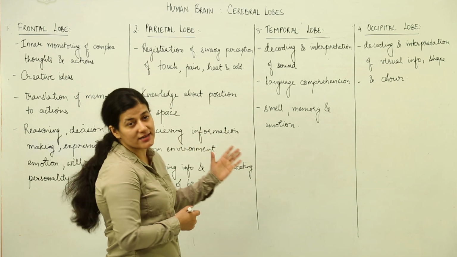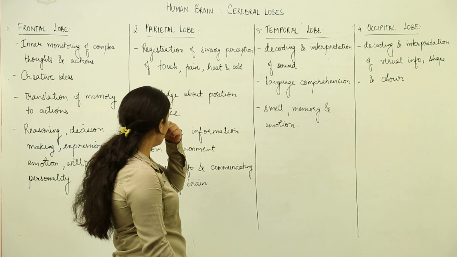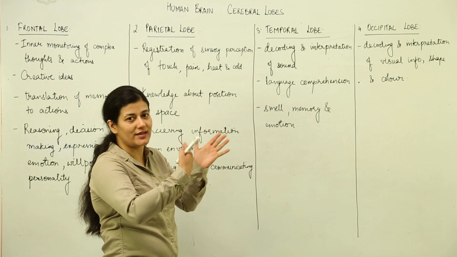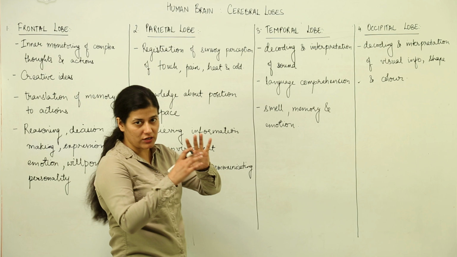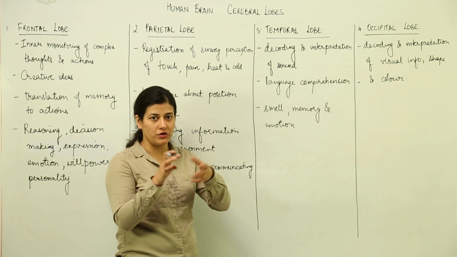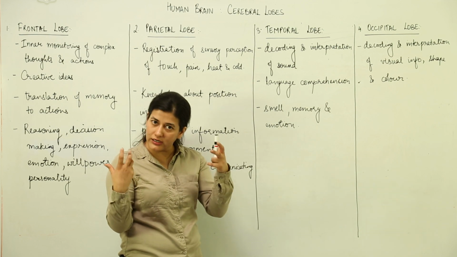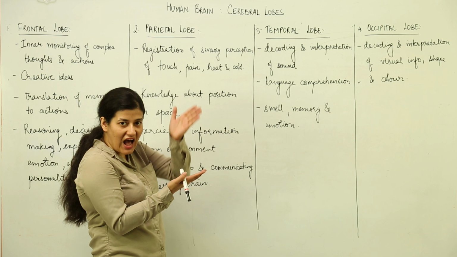Now, these lobes, they are separated by certain grooves which are present in the cerebral hemisphere, and you have to remember that each side, right cerebrum as well as the left cerebrum side, each side is having these lobes. So, if we in totality see the cerebrum, you are going to find 2 frontal lobes, 2 parietal lobes, 2 temporal and 2 occipital lobes,